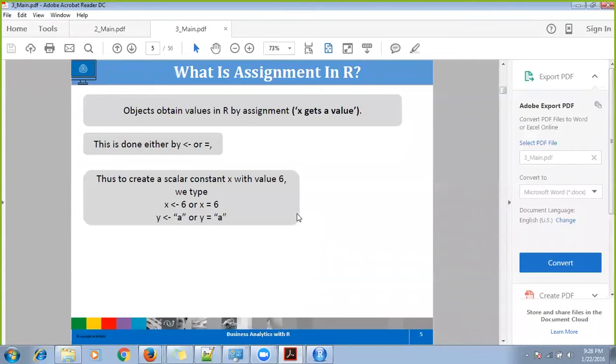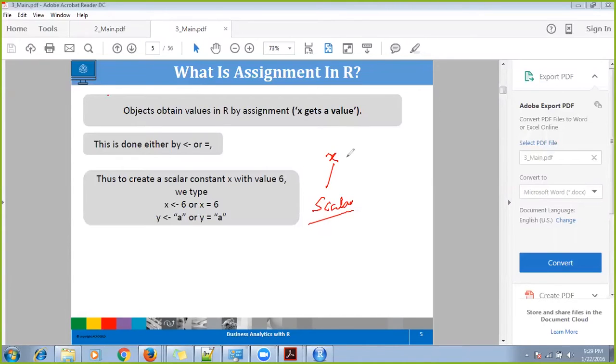Operators means first look at what is the assignment operator. So the assignment operator is very simple. In any language, if you have ever done something, what do you write? Let's say there is a variable called x, and x is a scalar. Scalar means it can contain only one value. So x can contain only a single value. That's what scalar means.